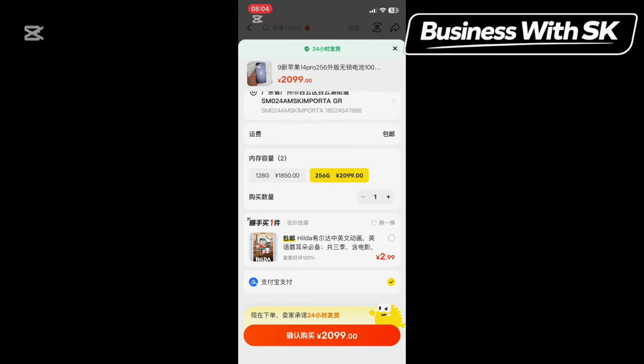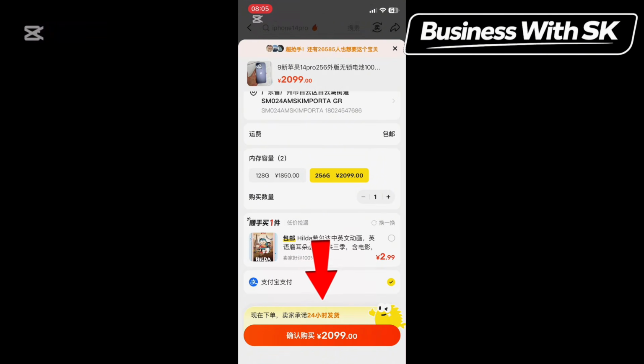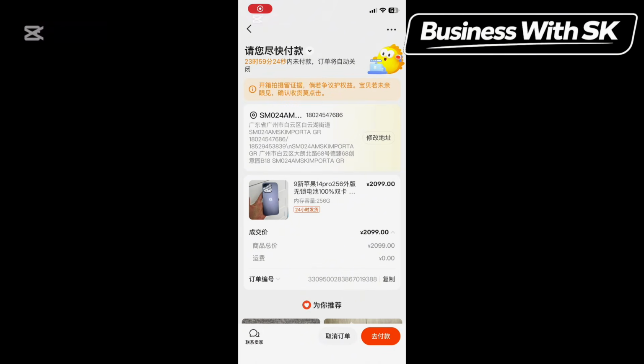After confirming everything, you then click on order now. And as you are doing this, make sure your Alipay has been funded because you'll be using the Alipay account to make payments. So here is the total summary of your order. Go ahead and make payments. This part will direct you to your Alipay account to make payments. If you are doing this process, make sure your Alipay app is on the same phone as the Xianyu